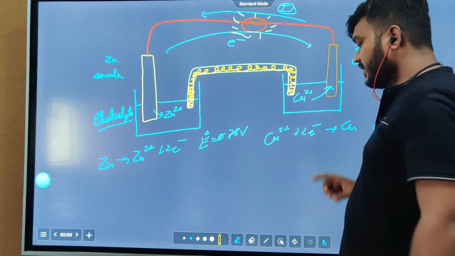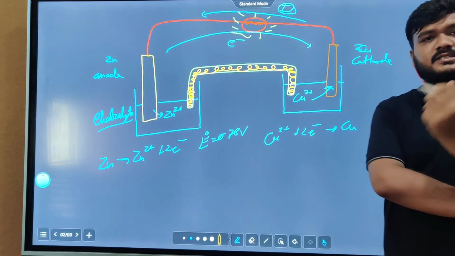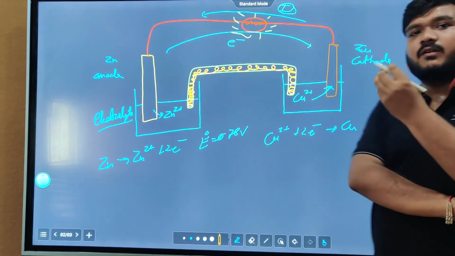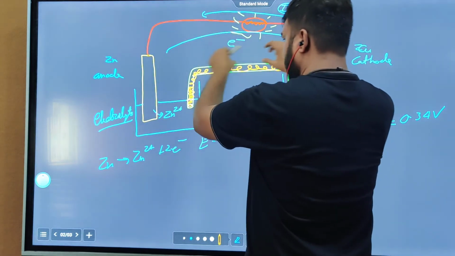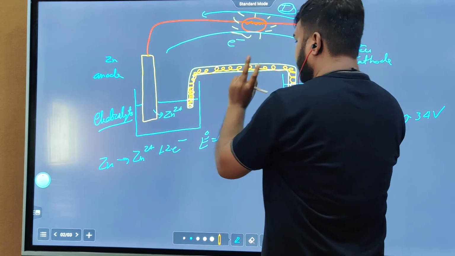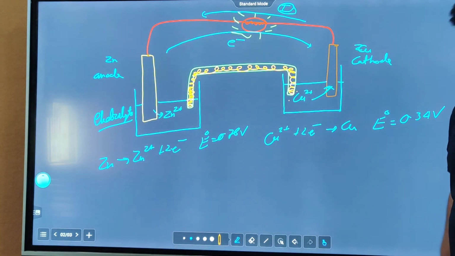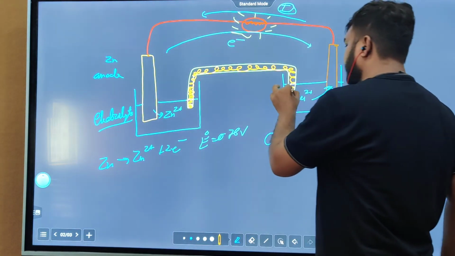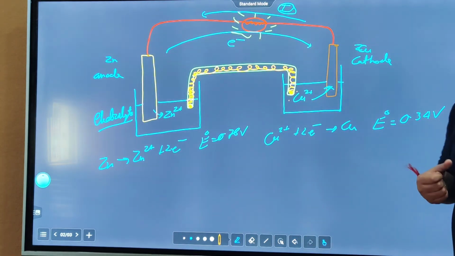So what we do is we mix this salt with agar. Agar is a type of algae. When it is mixed with salt, it forms a paste, like toothpaste. So a toothpaste-like thing is formed, and it will completely attach. It will just stay there. It will not fall down. You can use cotton here to stop it from falling, but you have to mix it with agar to form a paste-like structure.